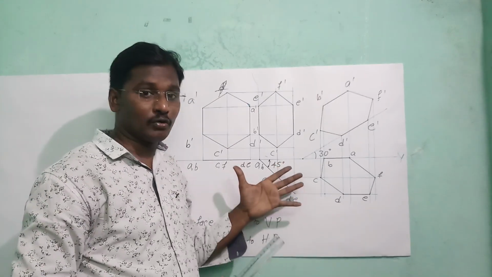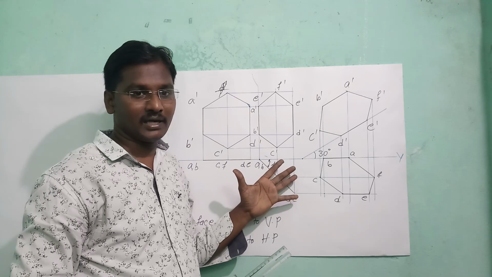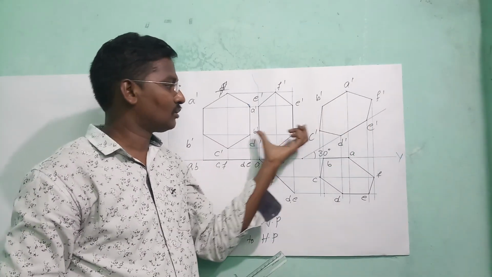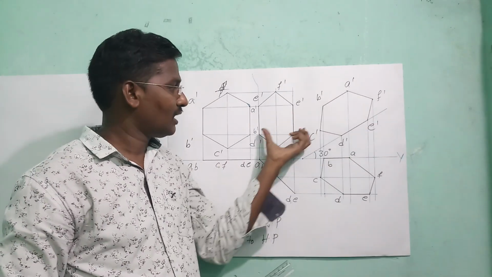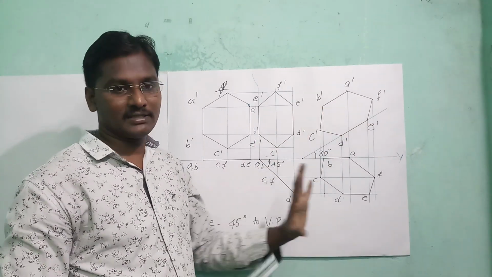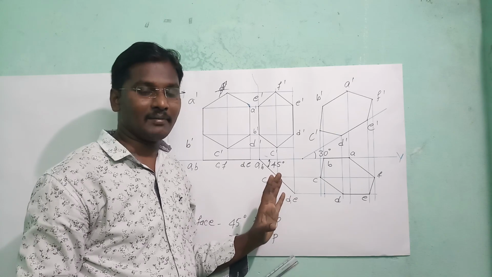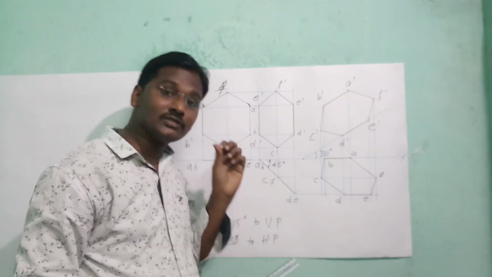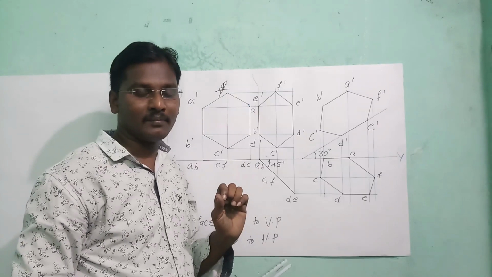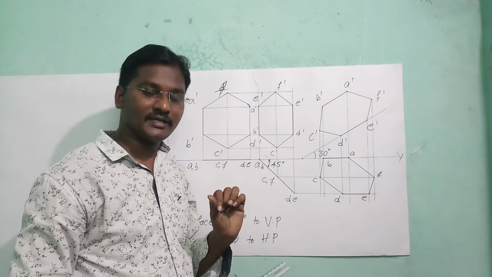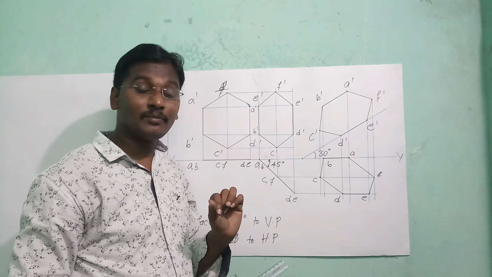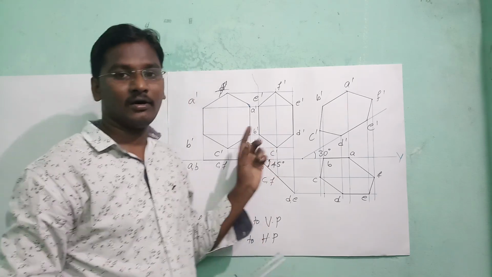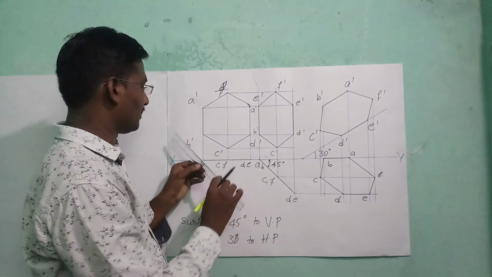Now coming to this case 4 only, it is somewhat difficult for you. That means constructing the same diagram here, how to take all those points and how to construct this diagram. It is very simple. Once again I am explaining the problem. What is the question he has given? Draw the projections of a hexagon of side 30 mm inclined at 30 degrees to HP and its surface is making an angle of 45 degrees to VP. Clear? Now what is the side length he has given? 30 mm.